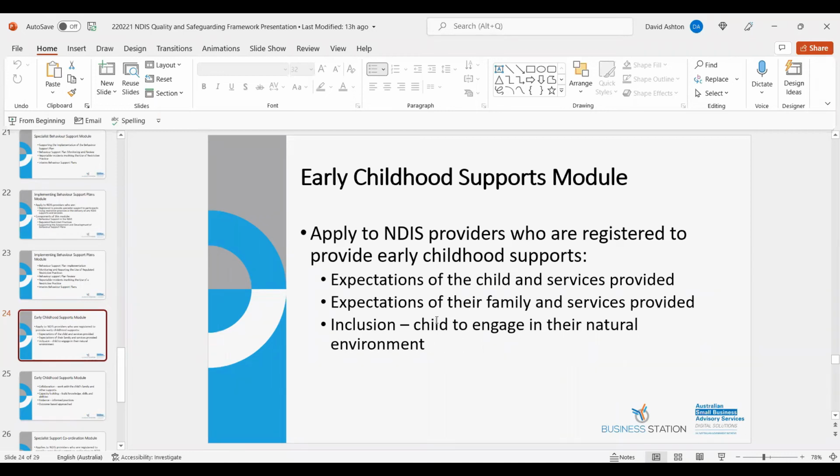And then when transitioning or exiting from your services, you need to put in place procedures around that transition, which is similar to what we talked about earlier on. So the other thing is capacity building. Each participant receives supports that build the knowledge, skills and abilities of the family and the collaborating providers in order to support the child's learning and development.